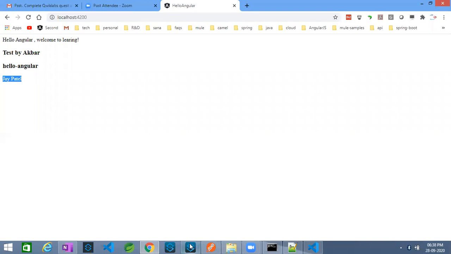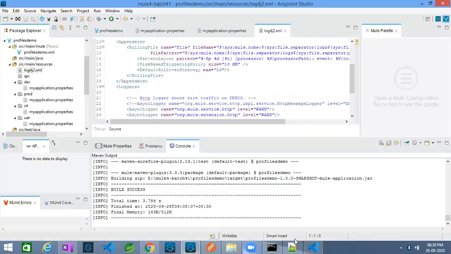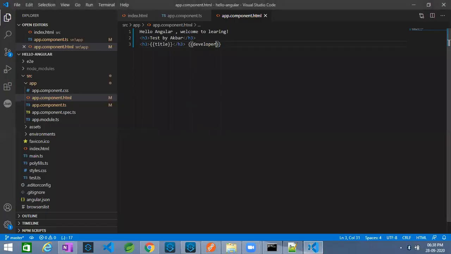So in your Angular application, how we are developing a Java application, right? It is a combination of multiple classes, or multiple objects working together to make a project work. Similarly, in Angular also, it is a collection of various components.